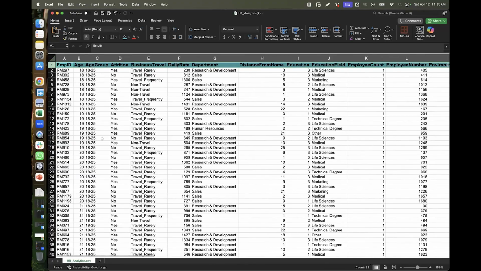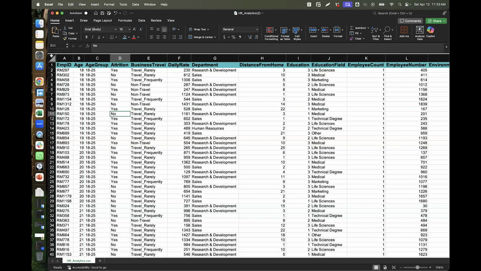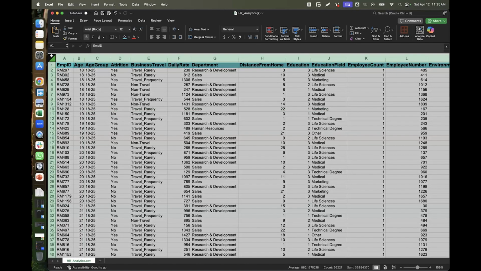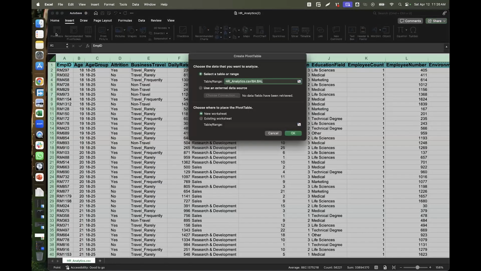So the first thing I would do, as someone who would want to teach you to make sense of large data sets, which I think is a bit large, but you have to see a practical demonstration, is that I want to get a summary of this data. So all I need to do is click on this arrow to select everything about my data. Click here, and I'll go to Insert, right? And I'll click on Pivot Table. And I'll select that table, and I'll say New Worksheet, and I'll click OK.